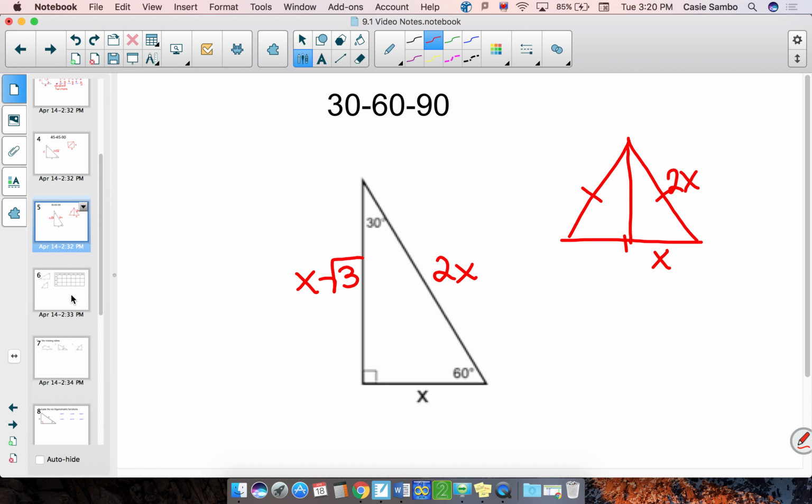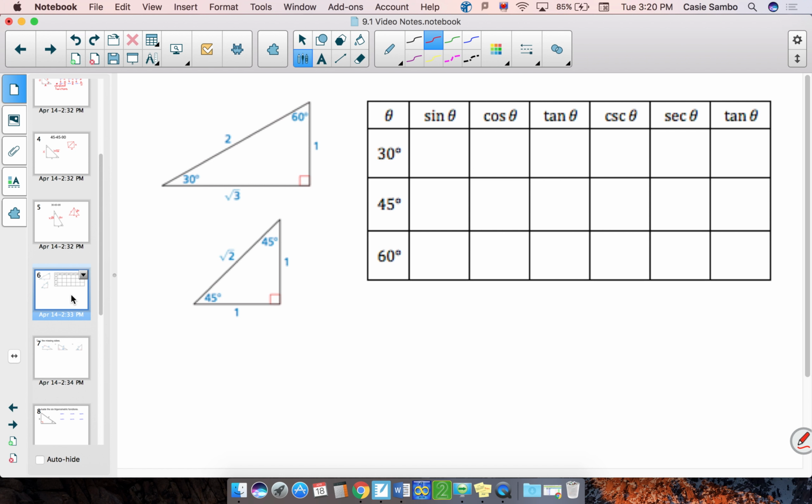All right, so then let's start looking at some actual examples. Here, we are looking at some examples of ratios for our special angles. So again, we're really just using our SOHCAHTOA. So we have sine, which is opposite over hypotenuse, cosine, which is adjacent over hypotenuse, and tangent, which is opposite